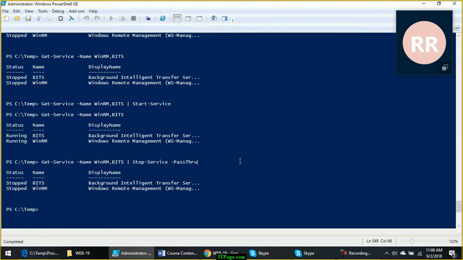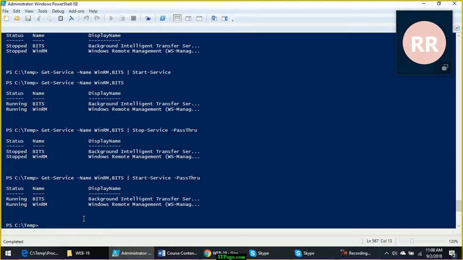And since we are not using any other cmdlet after Stop-Service, the objects are trying to flow in the pipeline, and since they are meeting the dead end of the pipeline, they are getting converted to the output on screen and you can see the output. Similarly, when I use Start-Service with PassThru, it will start and show the output.